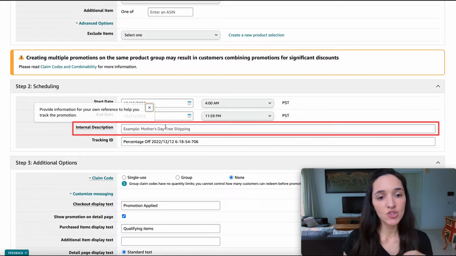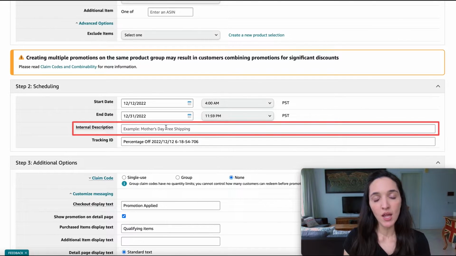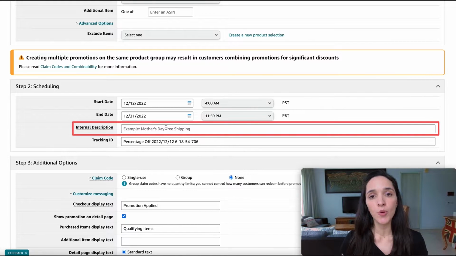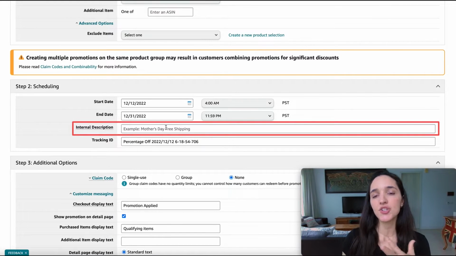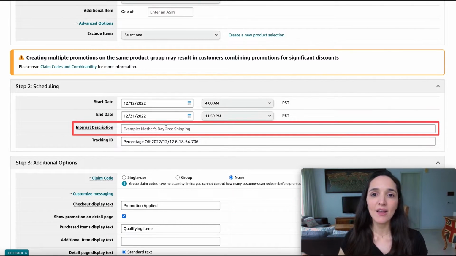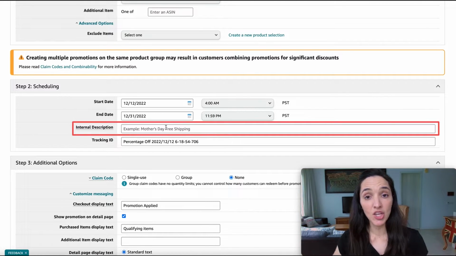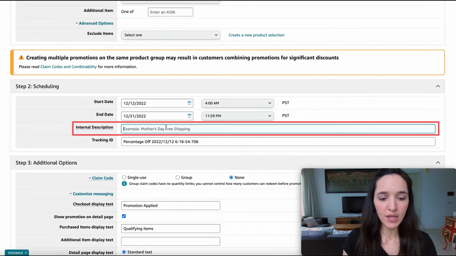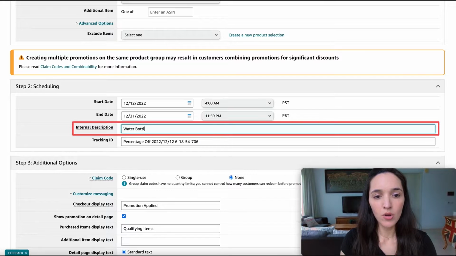Next, you can choose an internal description. As you're going to see on the very last step, after you've created your promotion, you can manage your promotion. So it's very helpful when you create a description where you can easily recognize what the promotion is about. So for example, if you created this promotion for the water bottles and getting 15% off on the yoga mats, you could do something like water bottles,